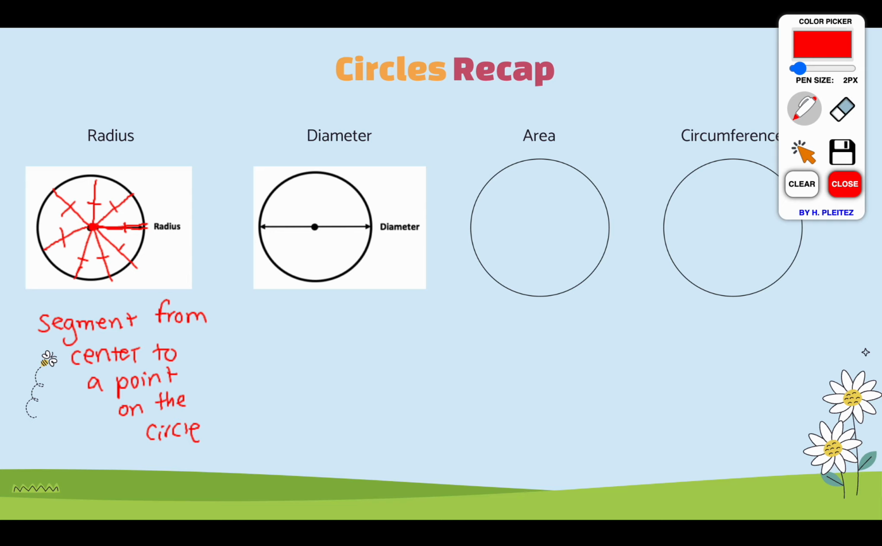Now, a diameter is a segment that connects 2 points on the circle, and it has to go through the center, right? So here we're connecting this point and this point on the circle, and we have to go through the